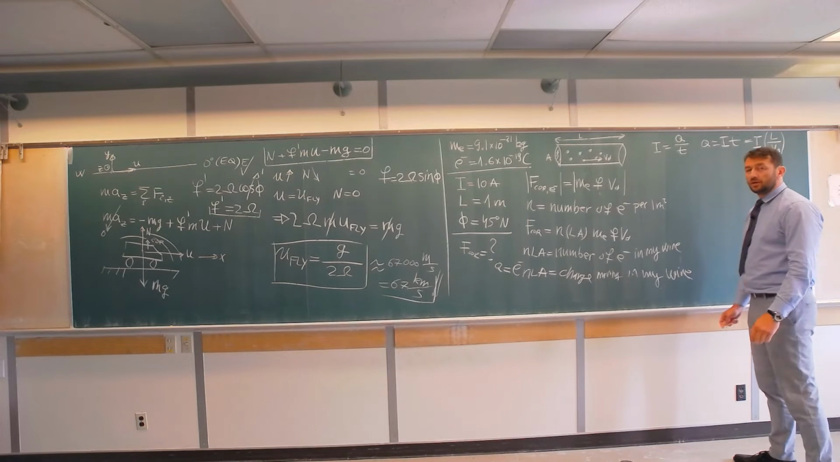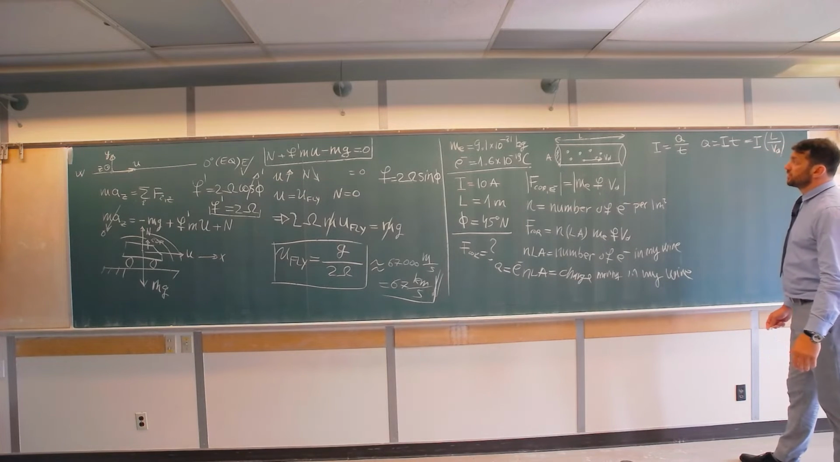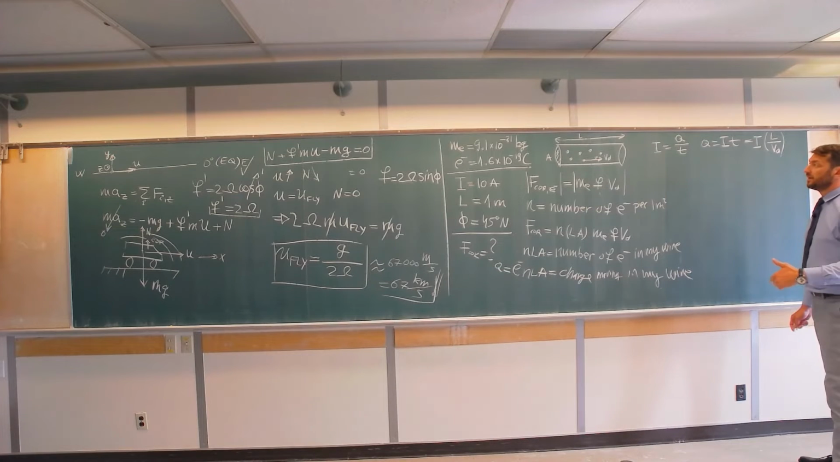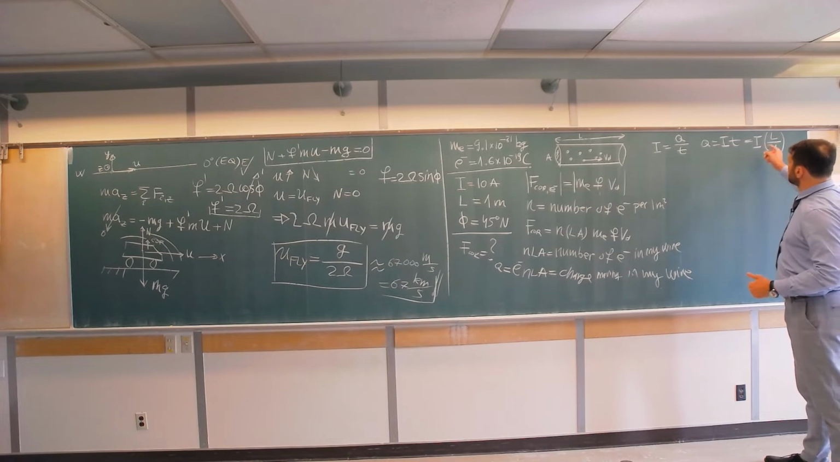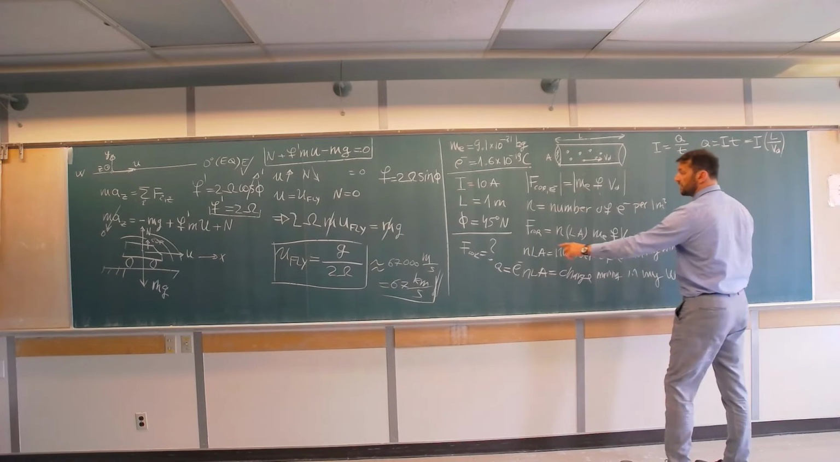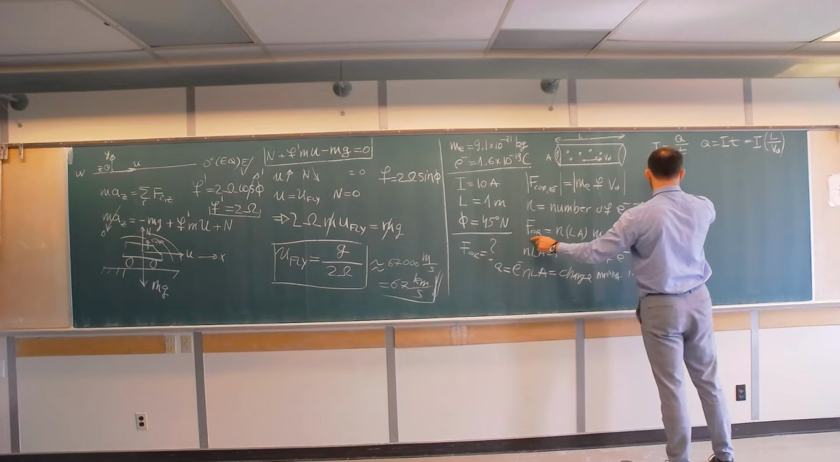Basic kinematic equation for velocity. Velocity is distance over time, therefore time is distance over velocity. Now let's combine what we have here. Let's go here. F Coriolis